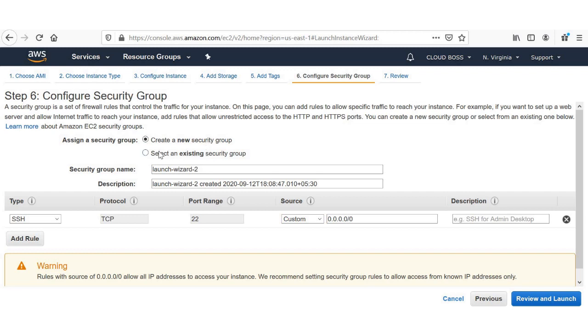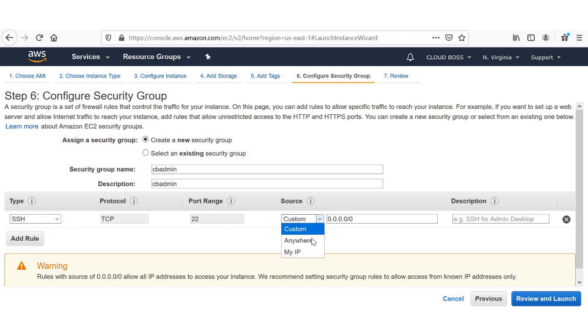Security group is nothing but an additional layer of security. So here we are going to create a new security group. So just use some name. We are giving admin, and do the description as it is, optional. So we know, right, Linux instances run on port SSH 22.